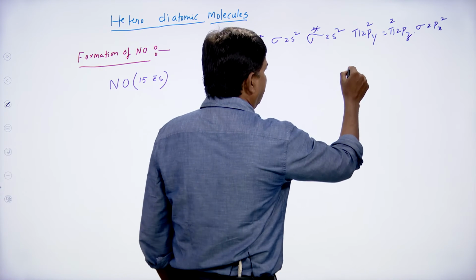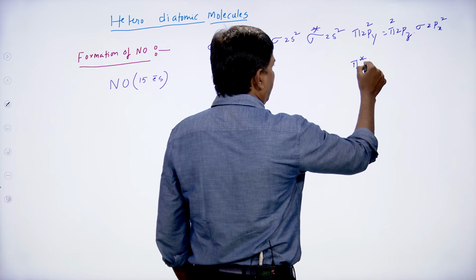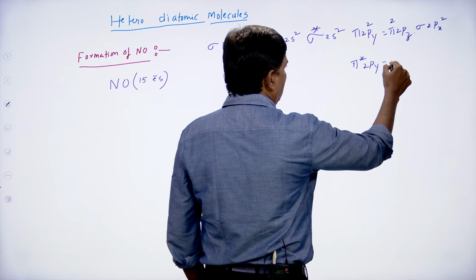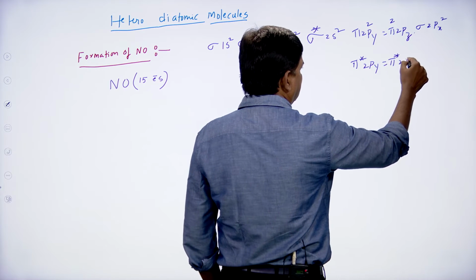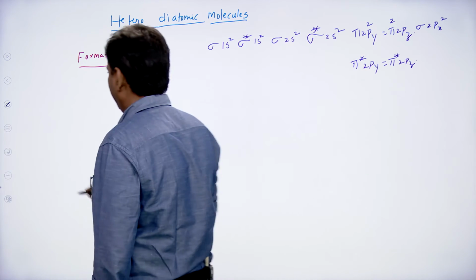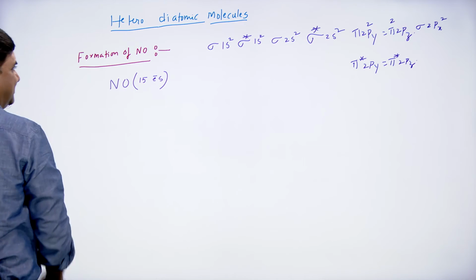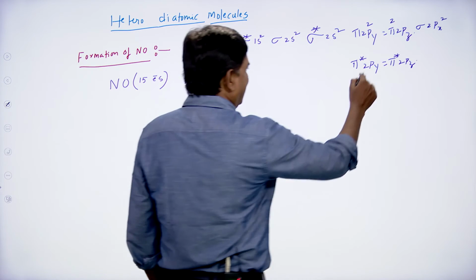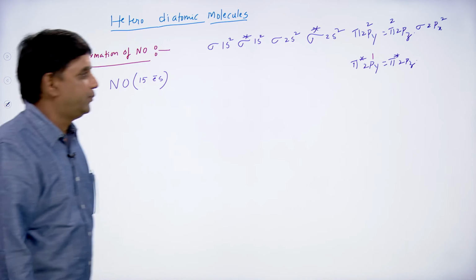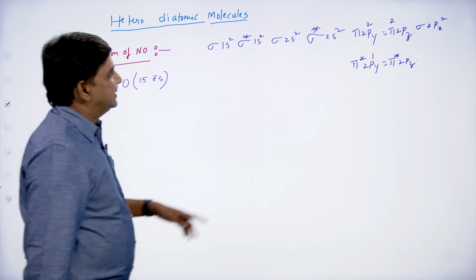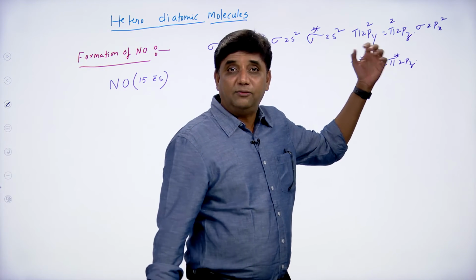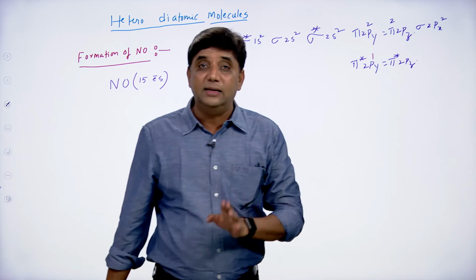One more electron, that is pi star 2py is equal to pi star 2pz. Like this, NO. Here sigma 2px is greater than pi 2py, pi 2pz, which indicates there